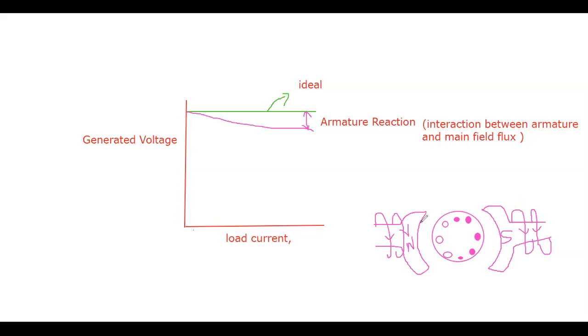So what happens generally is that the direction of flux is from the north pole to the south pole. I just mention the direction here. Now I want to know the direction of the current flowing in the armature of a generator. Since it is a north pole, I consider this one as the current going inward, so I make it a cross.